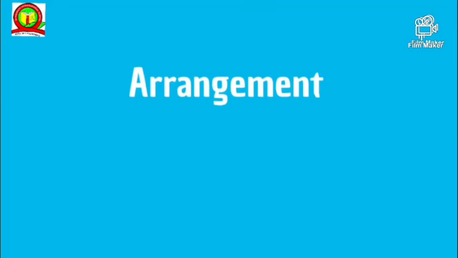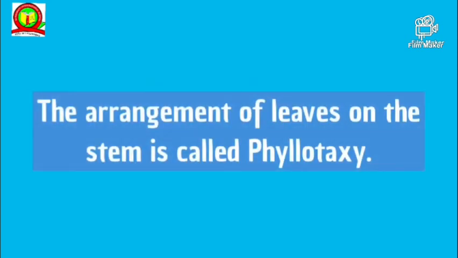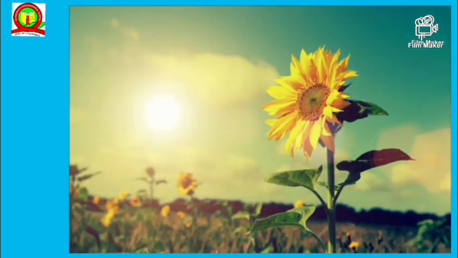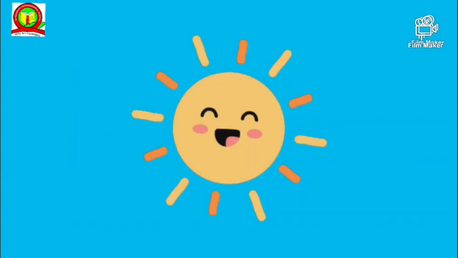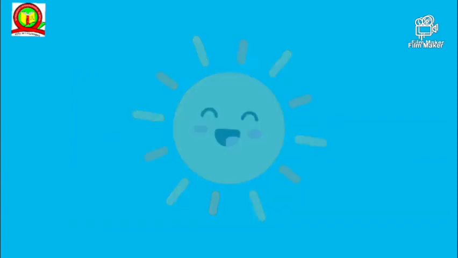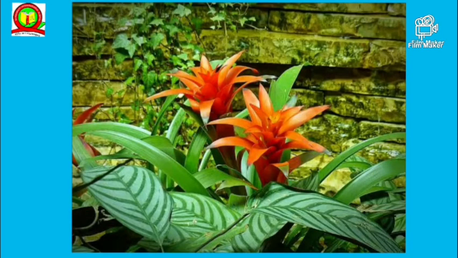Now we have come to our last segment, that is arrangement of leaves. The leaves are arranged in various ways on the stem. The arrangement of leaves on the stem is called phyllotaxy. The main aim of phyllotaxy is to expose all the leaves of the plant to maximum sunlight and air. The three types of leaf arrangements are: